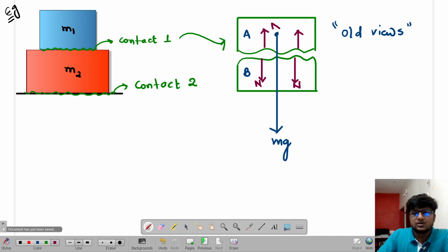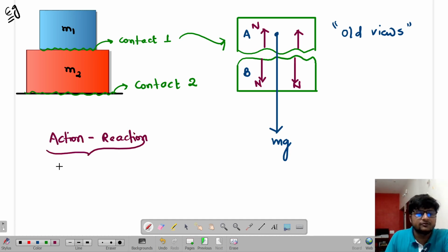Is that clear? So many people ask me, sir, is the normal an action-reaction pair with Mg? The answer is again no. Why? Keep that in mind. The words action and reaction are only for similar kinds of forces. If I have an action of force F1, the reaction must be of the same nature of force. It might be different in magnitude, it might be less, but mostly it is always the same. Is that clear or not? 99.9 percent of the time, only in one scenario it is not the same, and otherwise action and reaction are always the same. So it is always present between similar forces of nature.